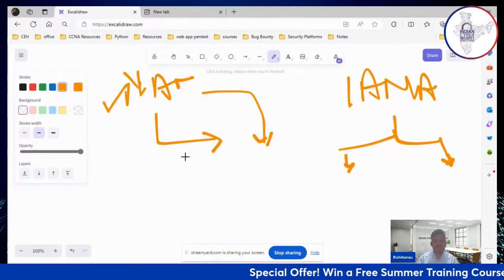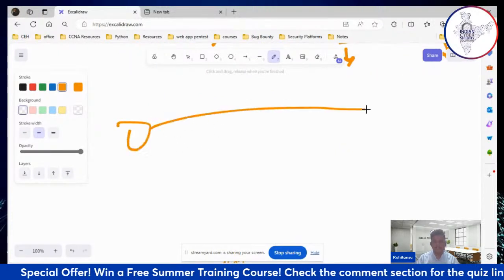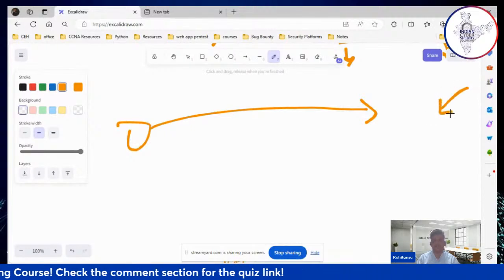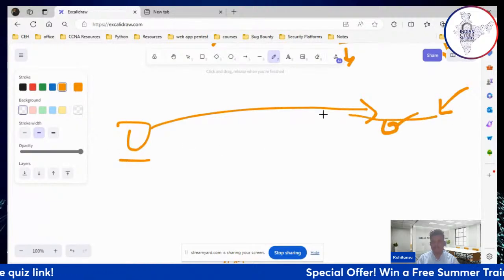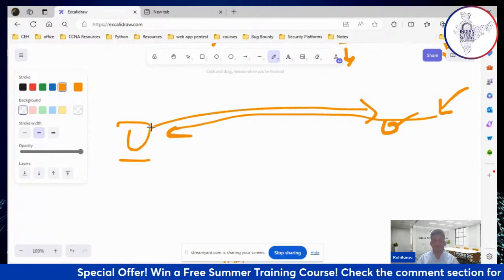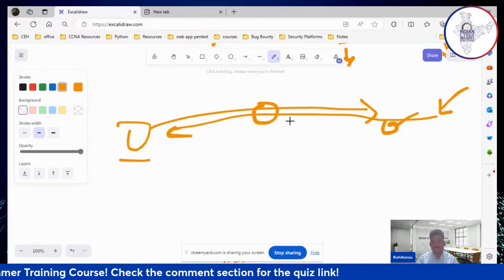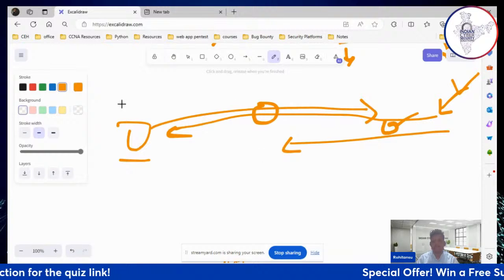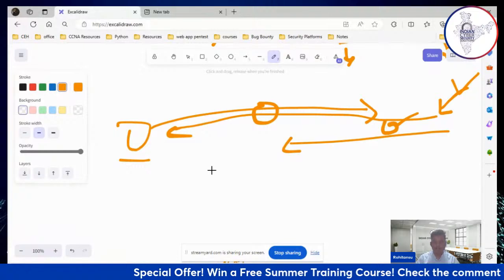So what happens if we don't configure it? What happens if they don't implement NAT? Suppose a user is there, he accesses the Google server or any server on the internet. If a hacker is there, if an unauthorized attacker is there, he will try to get the IP address of the machine. He will get the IP address of the machine and he will try to trace back to its origin. When he will try to trace back to its origin, he will be able to get access to the system also. But what this NAT does in between, our IP address is changed. Even if the attacker will try to trace back, they will not be able to go inside this particular private area network. Okay, so that's what our NAT is.